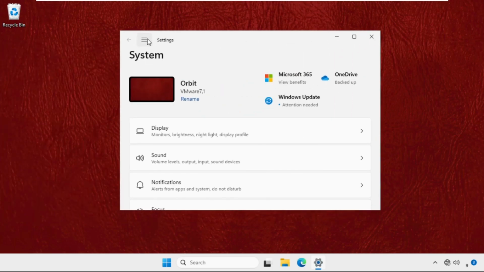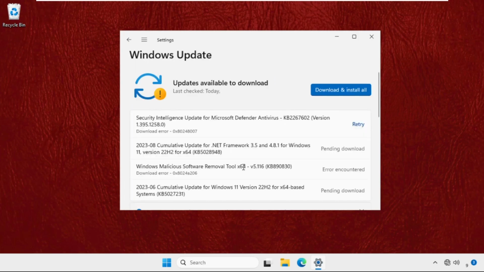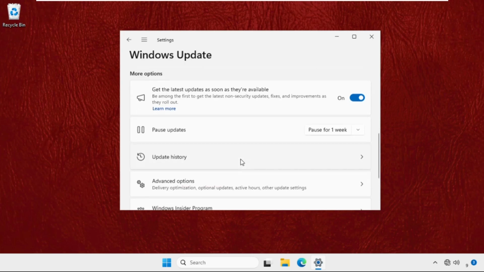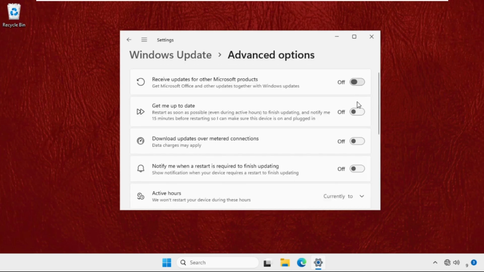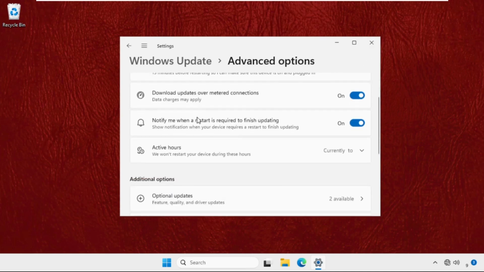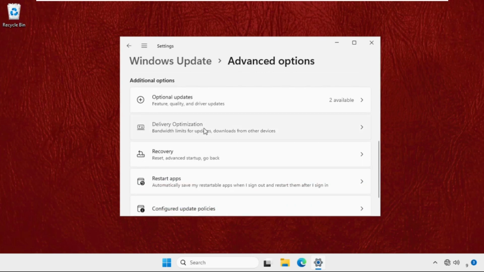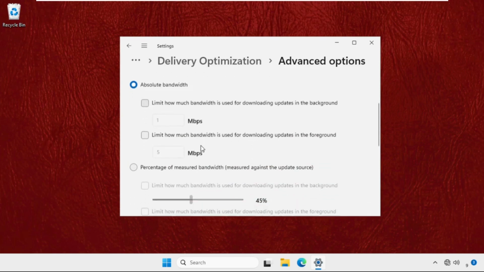Once we are here, we need to click on these three lines and go to Windows Update. Now you need to just go to the advanced options and enable all these four options one by one. Once done, just go to delivery optimization, again scroll down, go to advanced options, and now we need to check